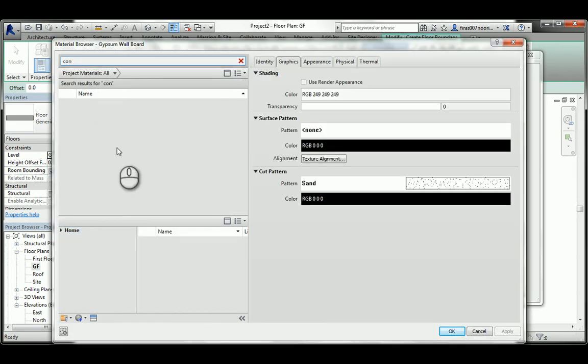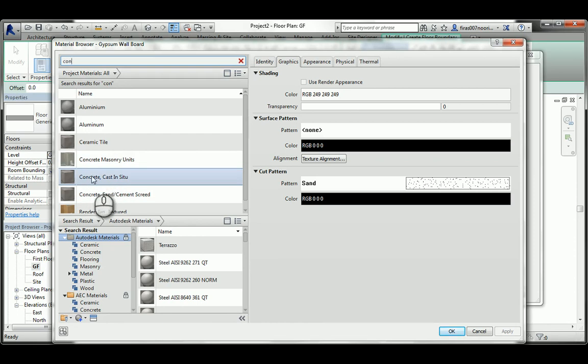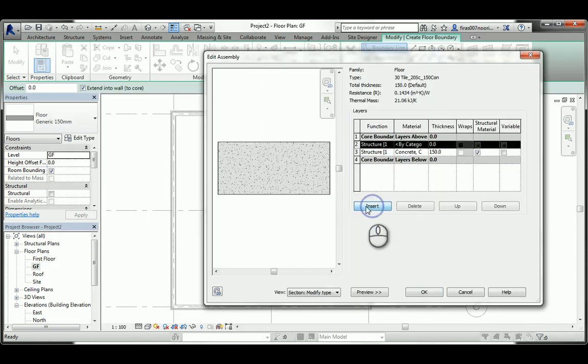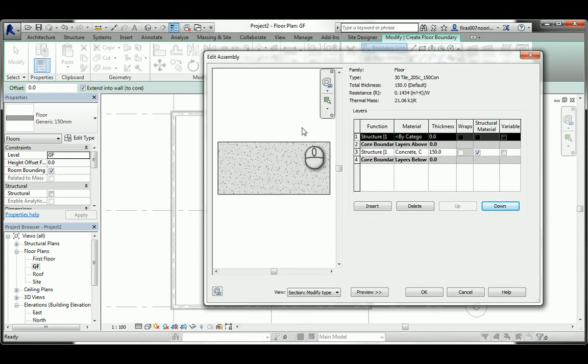I'll have this cast in situ concrete. Happy with that. Select insert and push it up. So this time that's a horizontal element. So the structure, whatever you push above it here, is going to have a higher priority than this one. So again, we're going to go for number 4,